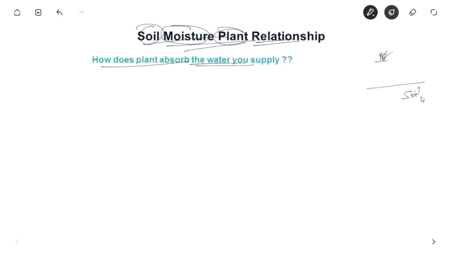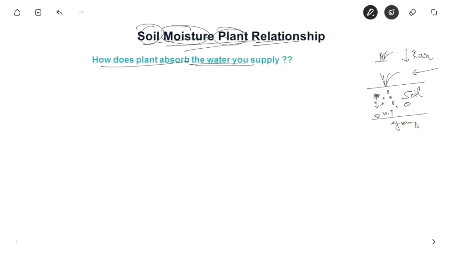So let us say soil, and it's going to rain, and also we supply the water in the irrigation. So what happens is some of the water gets stored in the pores in the soil. There are bigger pores in the soil as well as small voids. So this water is stored in these voids, and some of the water from the bigger pores keeps going down because of gravitational force and joins the water table.